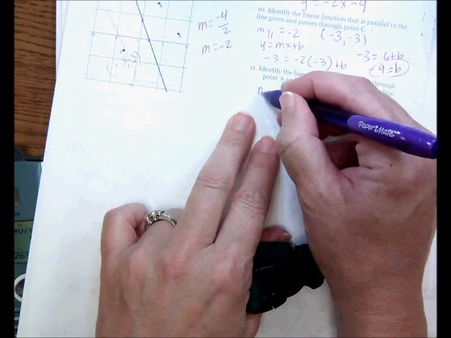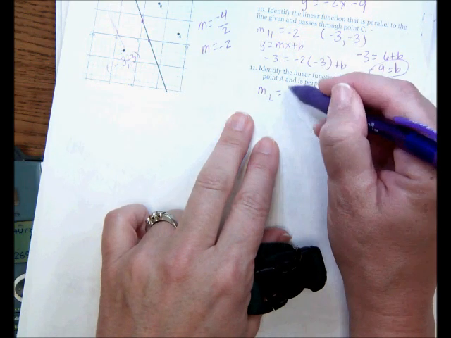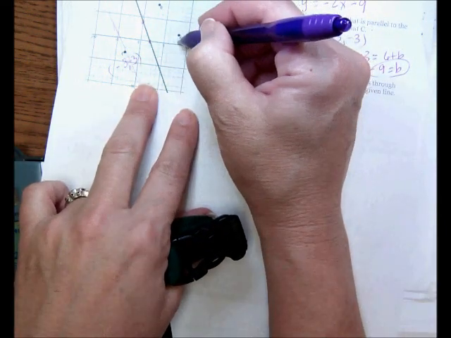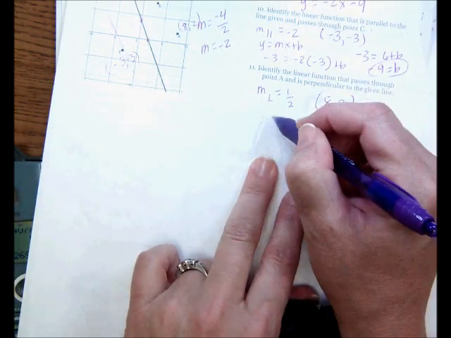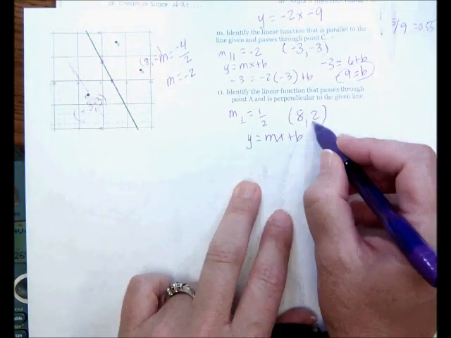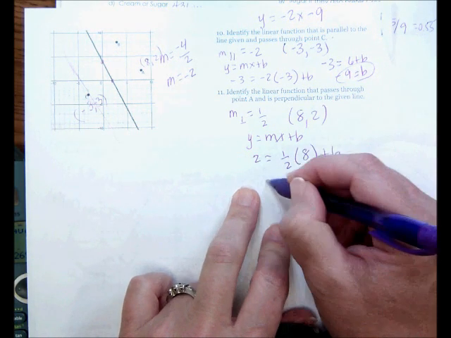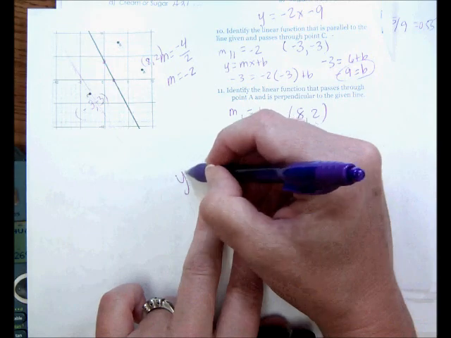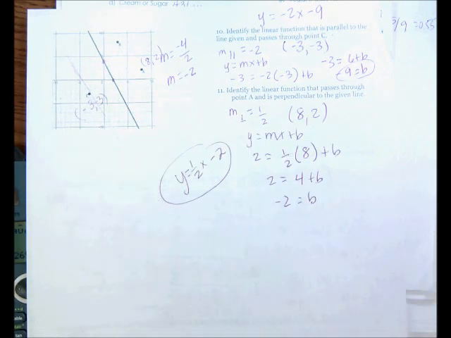And the next one, it says identify the linear function that passes through point A and is perpendicular to the given line. So the perpendicular slope is the negative reciprocal, so it's going to be a positive 1/2, and then my point A is actually (8, 2), so I plug that in. And so y is equal to mx plus b. I have y is 2, slope is 1/2, and I plug in 8 plus b, so 2 is equal to 4 plus b, so -2 is equal to b. So my equation here is y is equal to 1/2 x minus 2. So that finishes up the